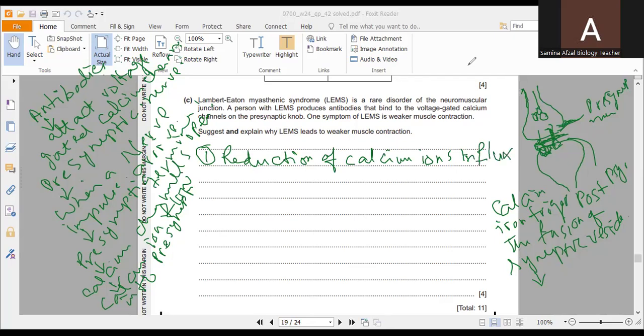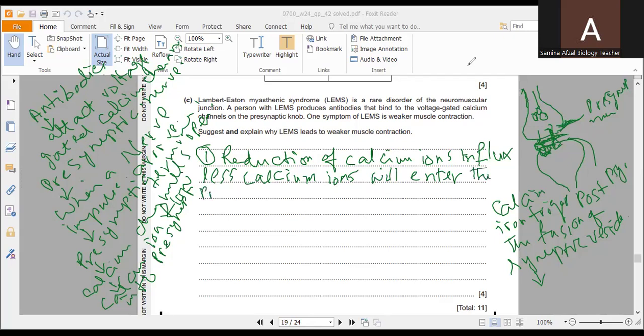It means less calcium will enter the presynaptic terminal in response to a nerve impulse. Less calcium ions will enter